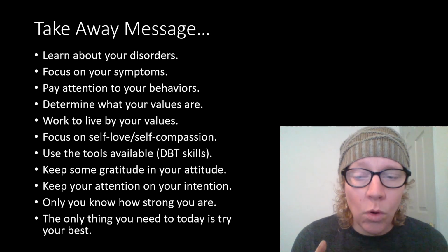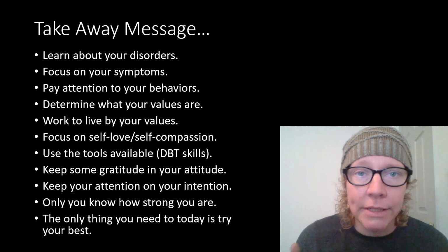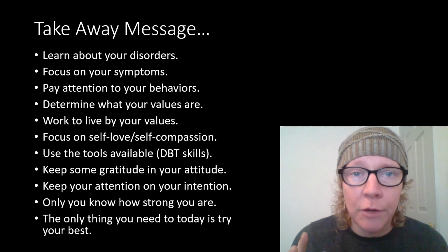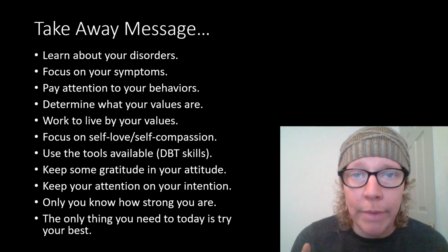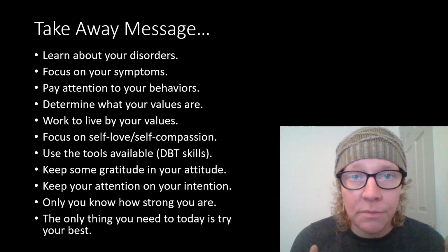Another thing that's really important as you're going through growth and recovery is that there might be people out there who aren't telling you you're doing a good enough job. There might be people out there who can tell you that you can do better. There might be people out there who can tell you that you're not trying hard enough. But you have to remember that